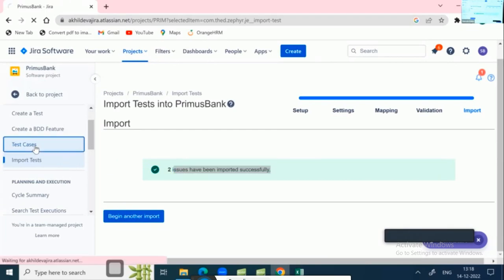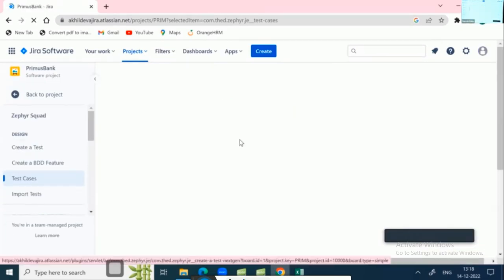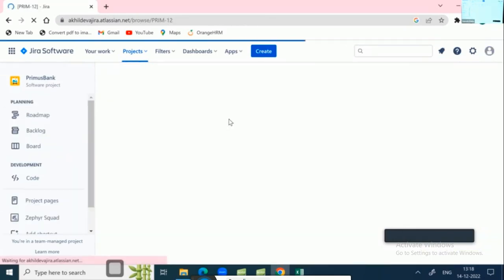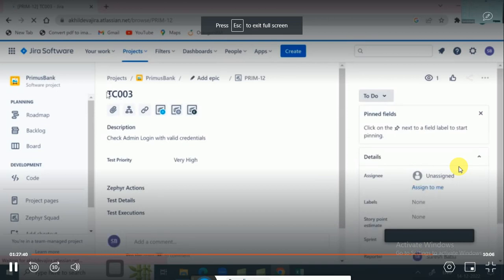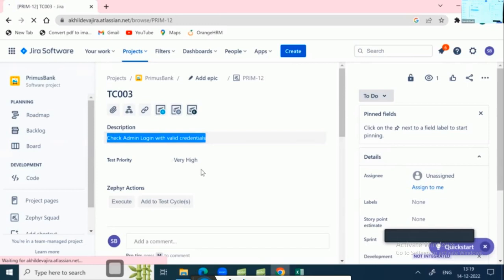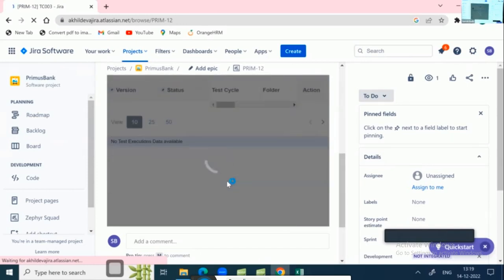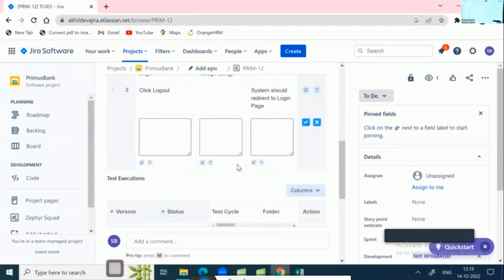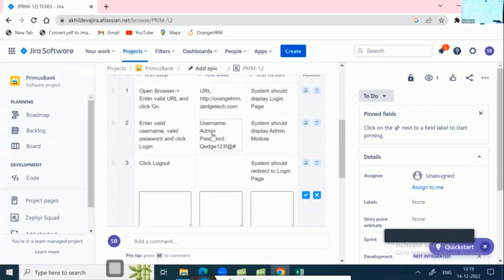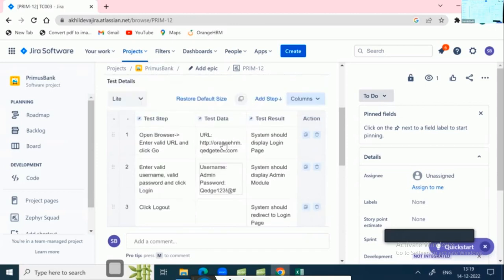I'm going to test cases. Earlier I had 2. These 2 are imported now: test case number 3 and test case number 4. Test case name TC003. Check admin login with valid credential. This is the procedure. This I have not written, it was imported from the Excel. These steps, okay? Then